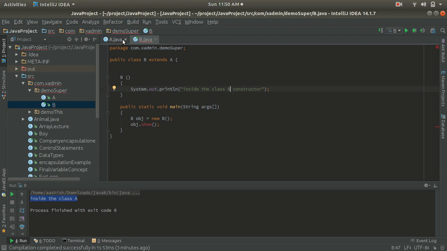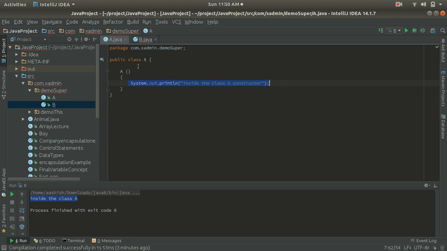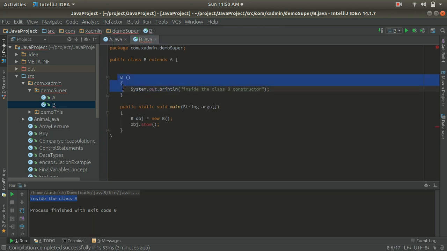Now I have a constructor inside class A, and inside class B I have a default constructor. Inside class B I also have a main method, and I have created the object of this.